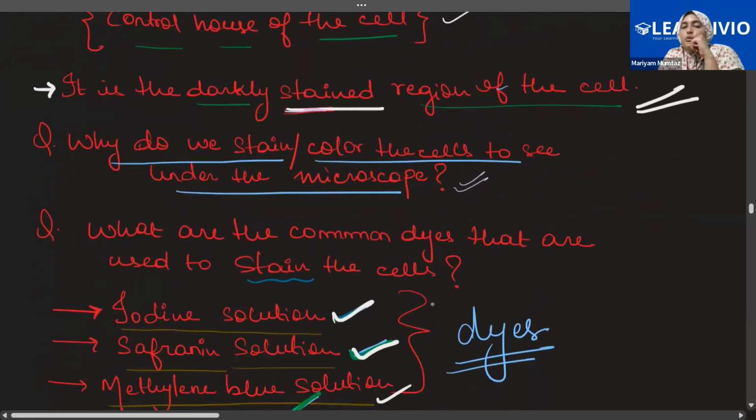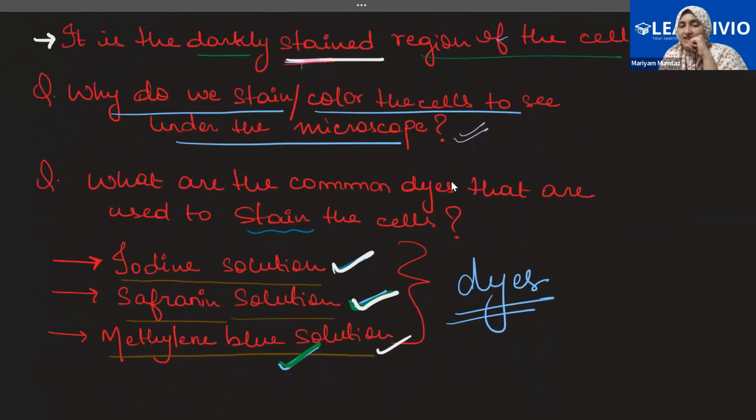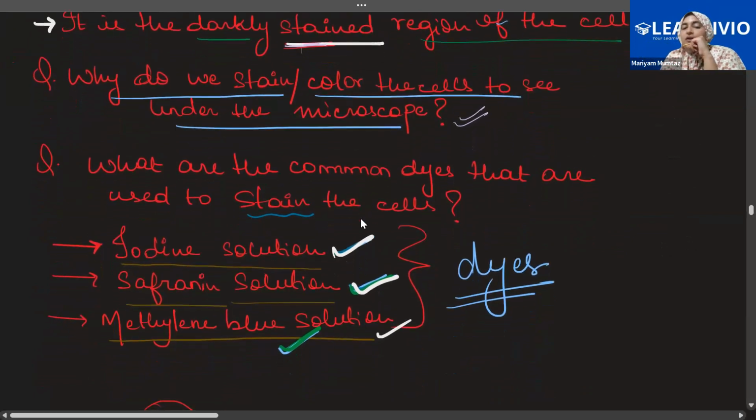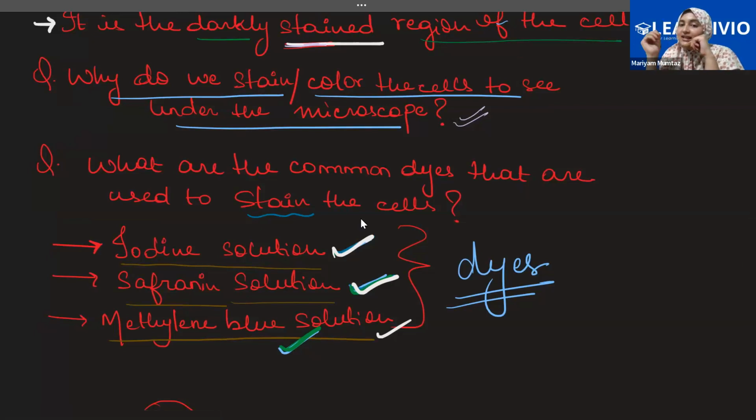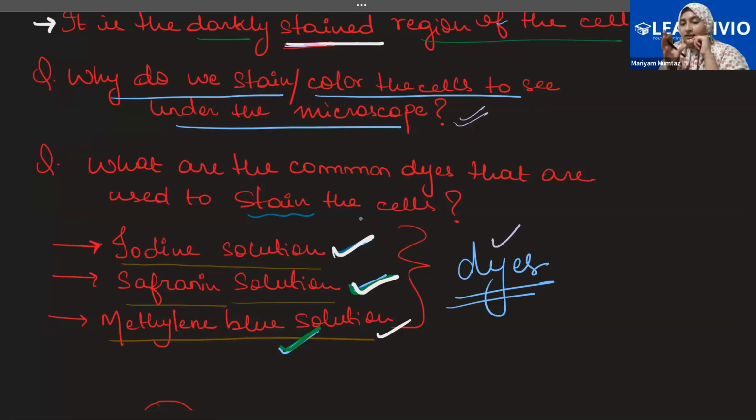Now the question comes, why do we stain to see the cells? Because the cells are colorless. So to visualize them, we have to color them. Now, to color them, we can't use pencil colors or sketch pens or paint colors. We have to use a certain set of colors made for cell coloring, and we don't call them colors, we call them dyes. Hair dyes, you people have heard about hair dyes? That dye only. And the dyes used for cell visualization are different.